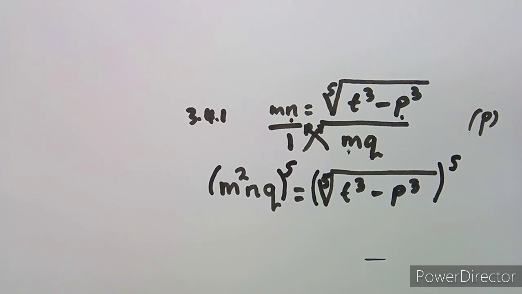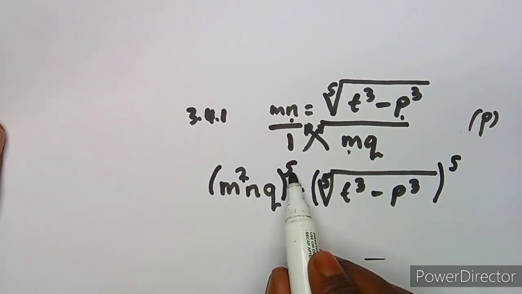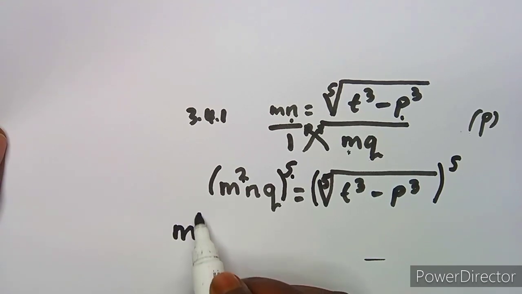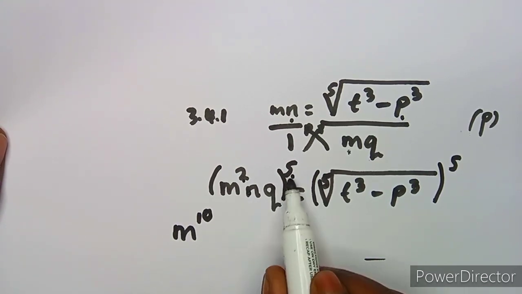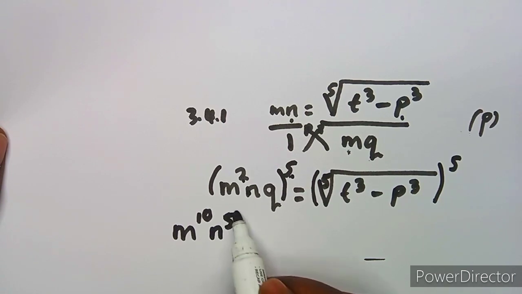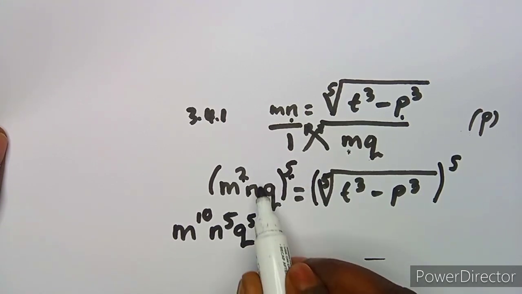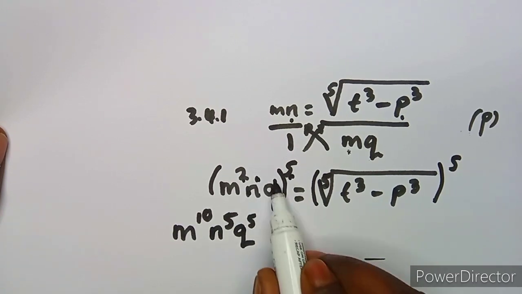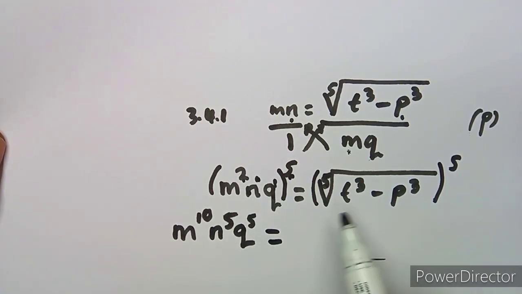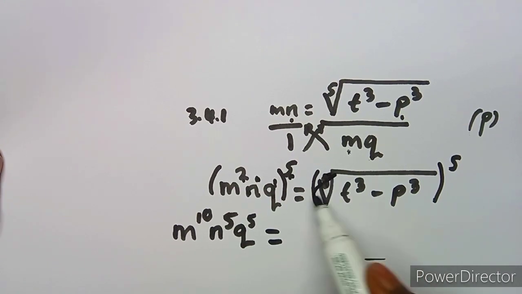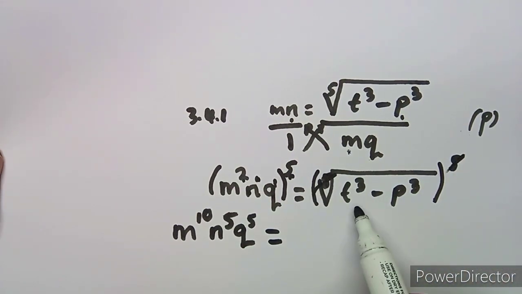You have to balance the sides. Whatever you do on the left, you do it on the right. So that means definitely here we are going to have 2 times 5, which is 10. So it's m to the exponent of 10, n to the exponent of 5, q to the exponent of 5, because this is just like 1 and 1, so it's 1 times 5, 1 times 5. Okay, but here we have removed this by raising to the exponent of 5, which means we are going to